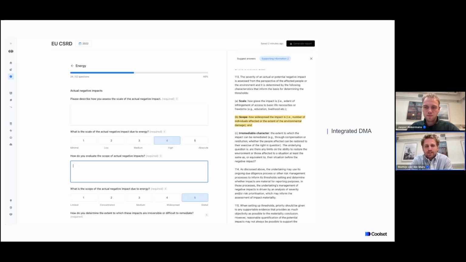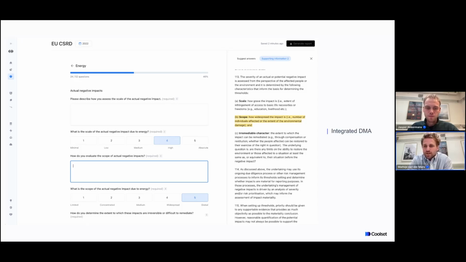From the scoring you get back from your stakeholder engagement, you can score them on the several IROs that we mentioned. But the way that Coolset helps these companies is also by having two tabs that you see above at the right corner.